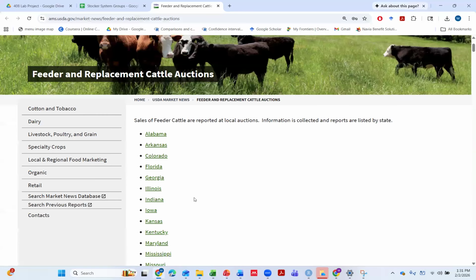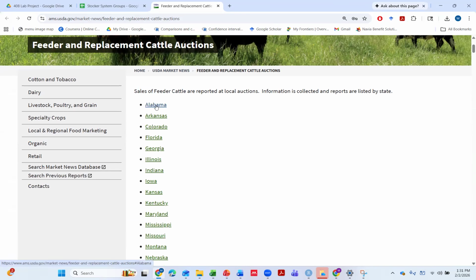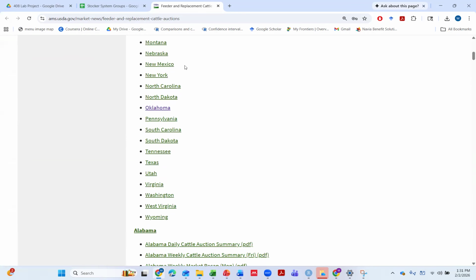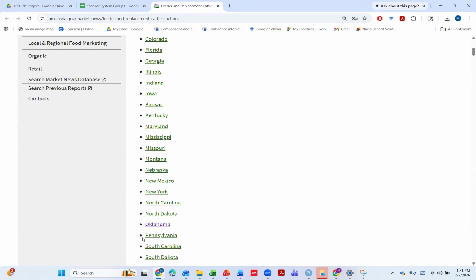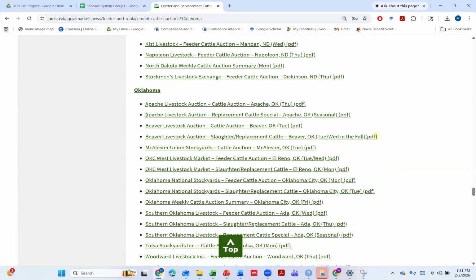Okay. It's going to take you to sales of feeder cattle reported at local auctions. Information is collected and reports are listed by state. So for your homework, you're going to choose an auction market from some other location, and you're going to compare it to Oklahoma City National Stockyards. Okay. But for these examples, we're going to go to Oklahoma,